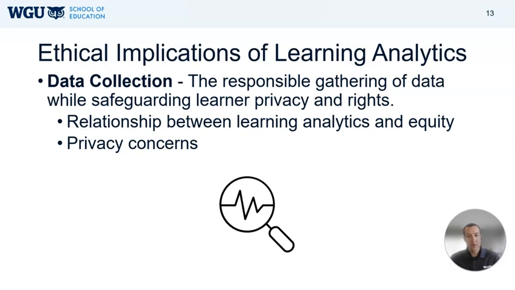And whenever we're thinking about learning analytics and this type of data and making these data informed decisions, it's really important that we factor in the different ethical implications of using these learning analytics. So whenever we're collecting data, it's really important that we try to protect our learners. We always want to be aware of potential privacy concerns and make sure that the information that is private, could be test scores, attendance reports, things like that, is staying in the hands of folks that it needs to and not being released anywhere it shouldn't. We want to always safeguard that privacy and those learner rights. And how can we use that data that we have as we collect this to make sure that we're advancing equity as well?